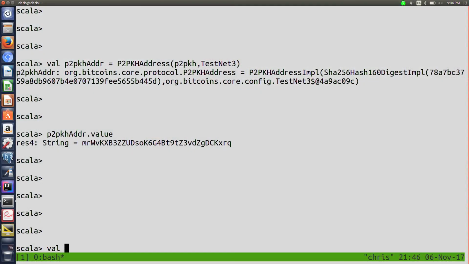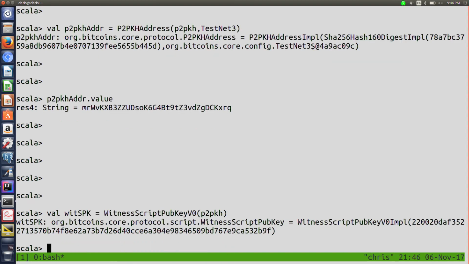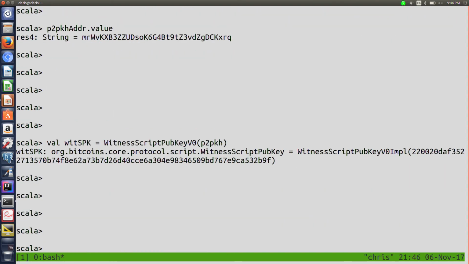And so I'm going to show you what these new contract types look like. So we have these new things called witness script pub keys. And there's just a new format of these contracts. And we're going to pass in this pay to pub key hash contract to this. And we again get one of these long nasty hex strings. But let's print out what the actual instructions look like.